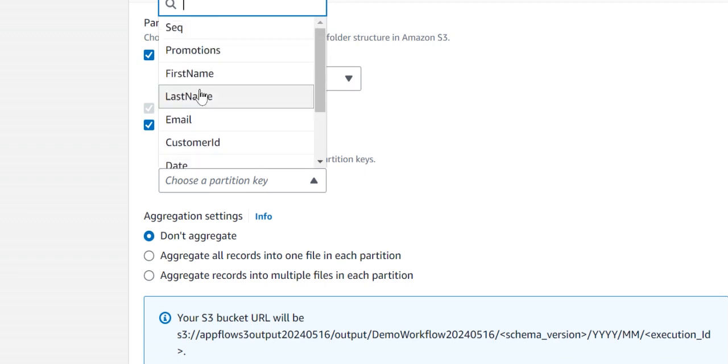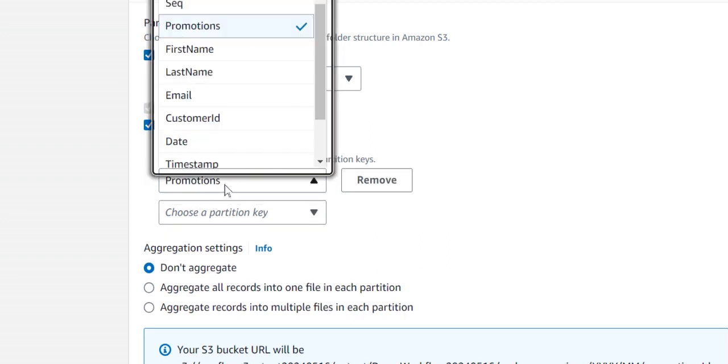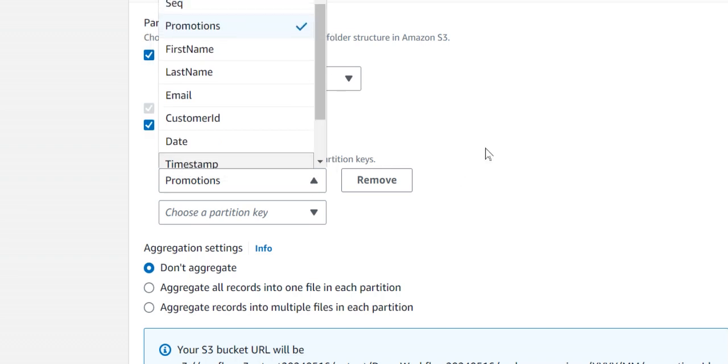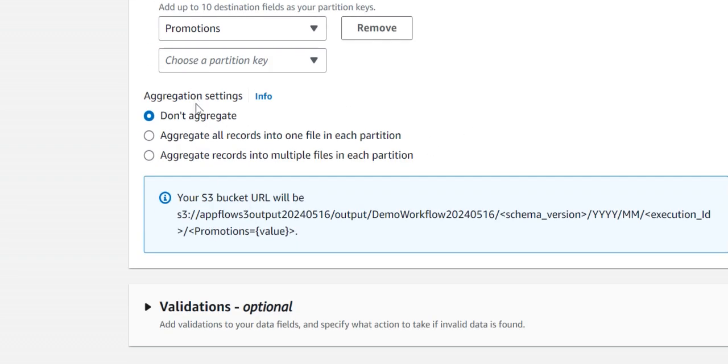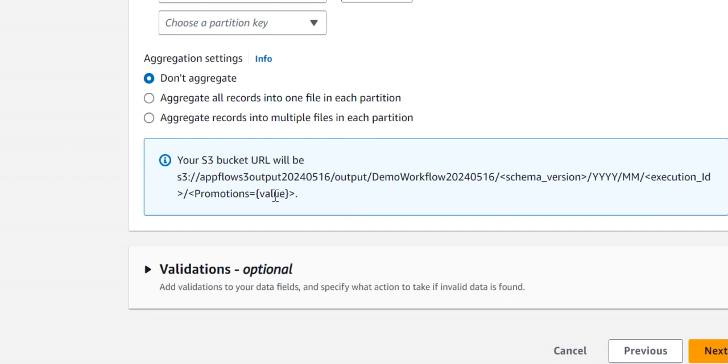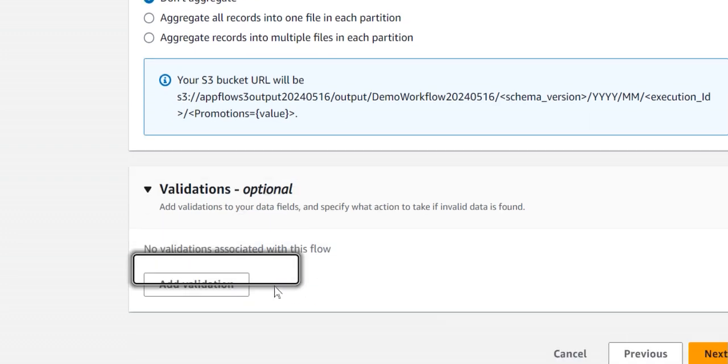differentiated on the basis of, let's say, promotions. This time, earlier we did it on salary, now I'm doing it on promotions. I want the data to be partitioned on this column, and then if you want any validations you can add,